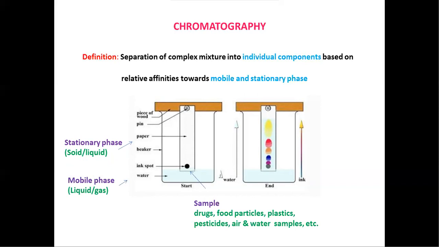Here we are taking Whatman paper, so this is a paper chromatographic technique. We are taking paper as the stationary phase. On this paper, the ink spot will be separated when we pour the mobile phase on it. The mobile phase dissolves the spot and tries to carry it along the paper, and the ink spot gets separated on the stationary phase. We can easily see the colors by using visualizing agents, and it will be discussed clearly in later slides.